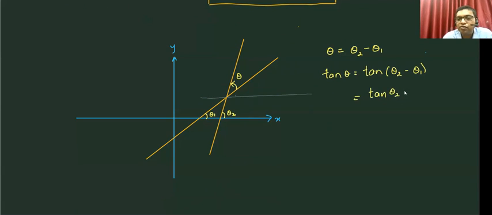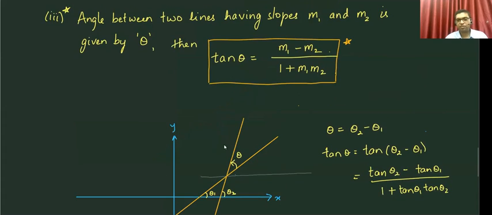This is tan theta 2 minus tan theta 1 by 1 plus tan theta 2 tan theta 1. Okay, so actually it is m2 minus m1. I'm sorry, this is m2 minus m1